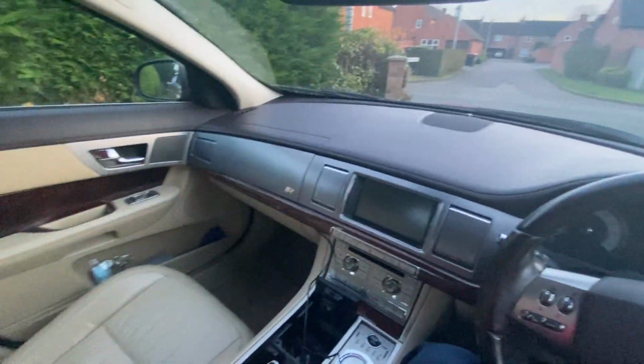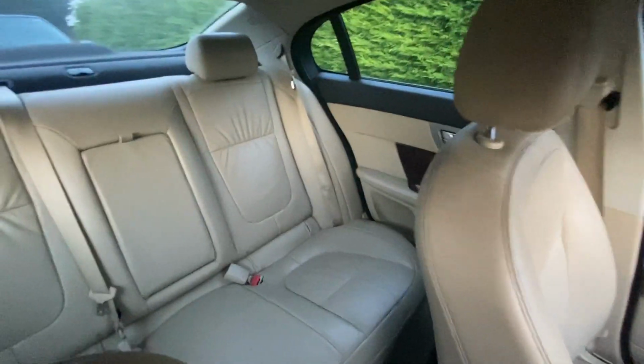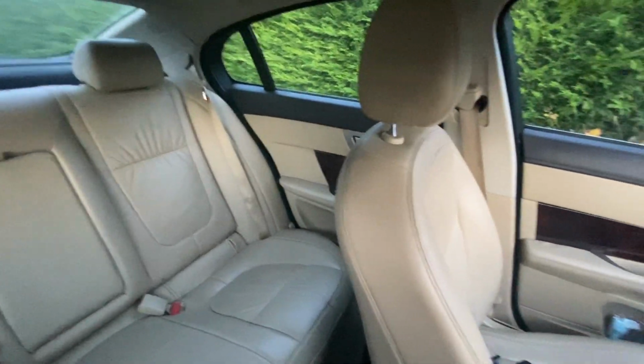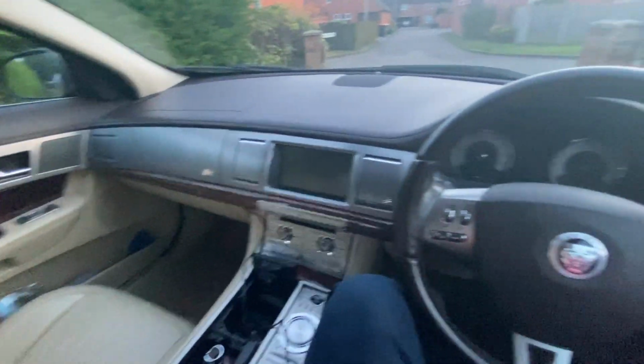So I'll try and spin you around to the back without making you too sick, but as you can see, the back seats are pretty much the same again. I don't think anybody's ever sat in them, to be totally honest, so they are like new. And as we spin back round,